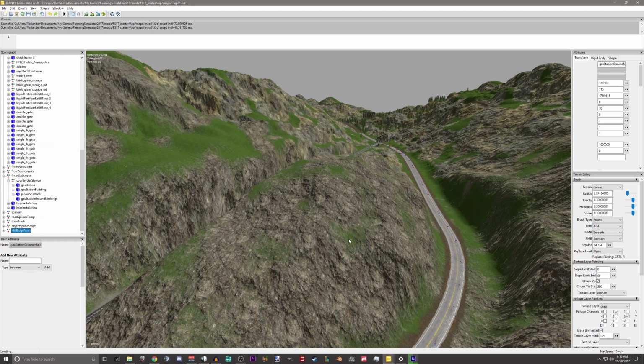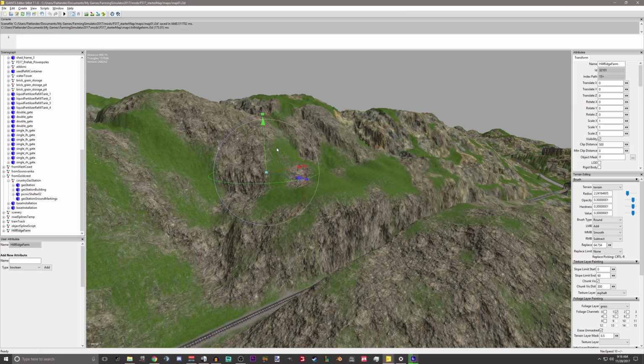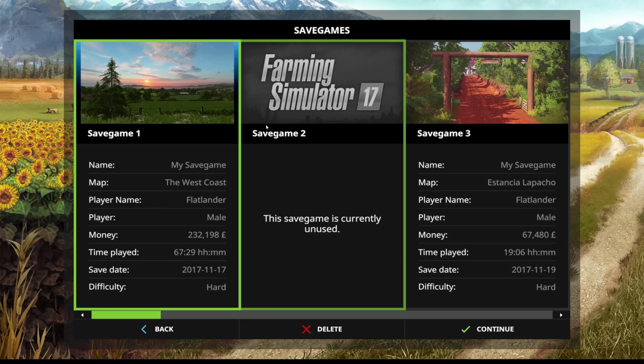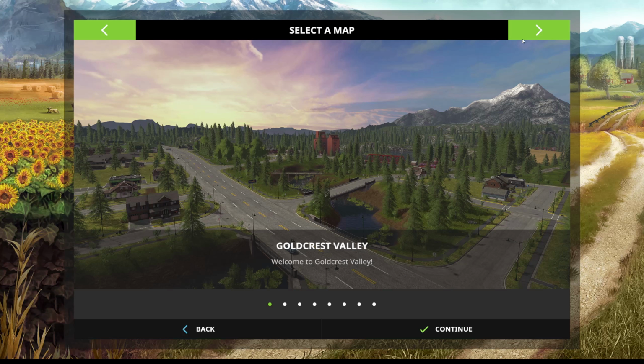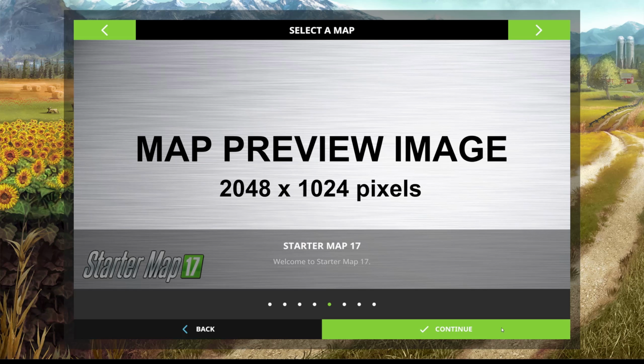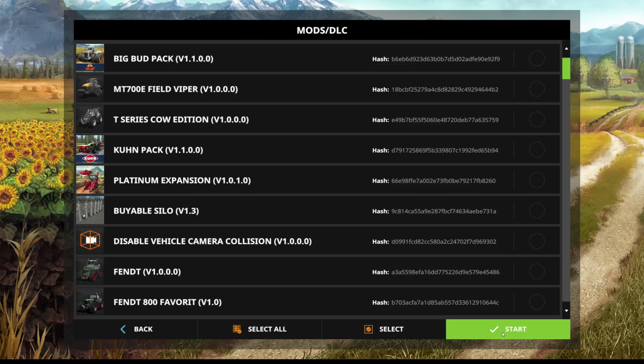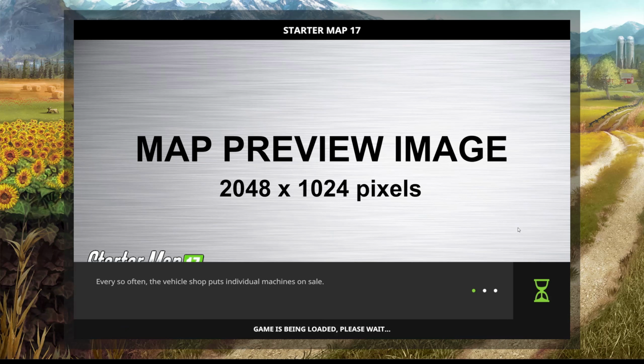Then I will start up our map and show you the errors that I get, and basically reiterate why you need to check these frequently. It doesn't matter where they are positioned, they are on the map. Let's just go into the map and I'll show you the errors first. All right, here we are in Farming Simulator, and let's go to hard like always. Let's go to our starter map, hit deselect everything, and hit start.